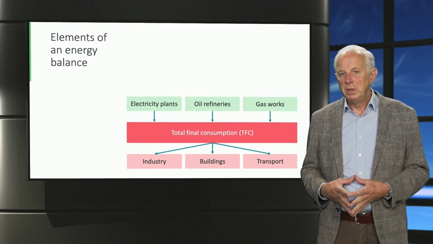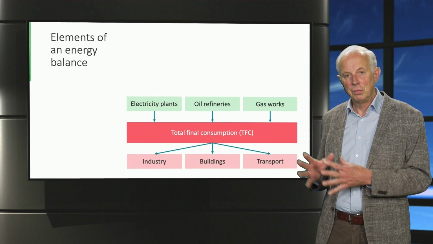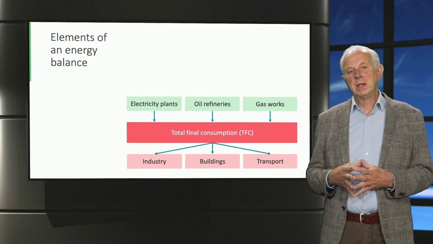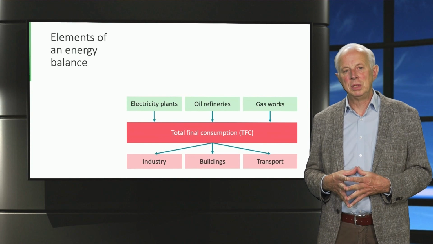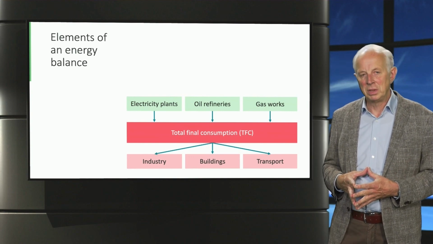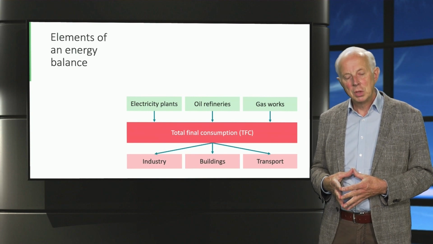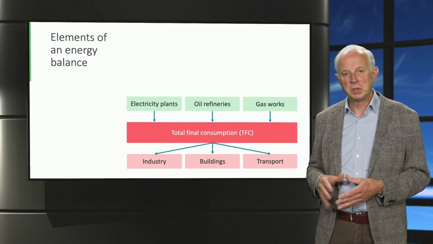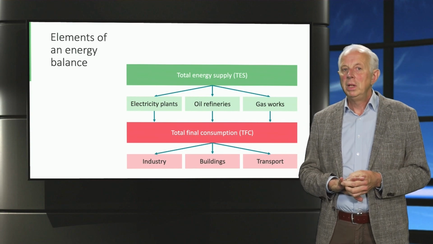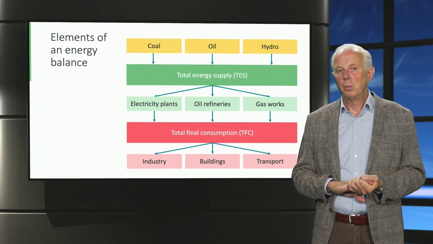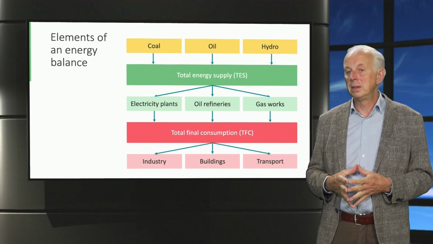The second step is that we determine how the energy use is converted and distributed to get to the final user. If the energy is delivered in the form of electricity, then it must be produced in electricity plants. If it is delivered in the form of gasoline, then it must first be refined. The sum of these conversions and distributions is the total energy supply. And finally, we determine where does the energy come from? Where was the original source of this energy? Some examples are highlighted here in yellow.